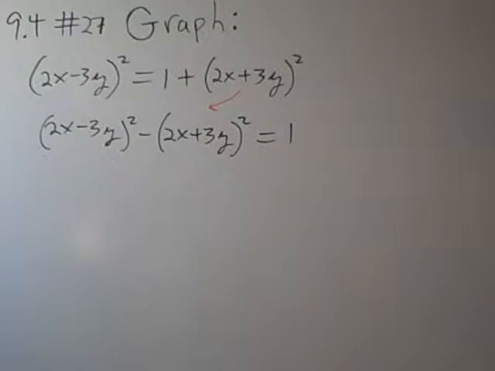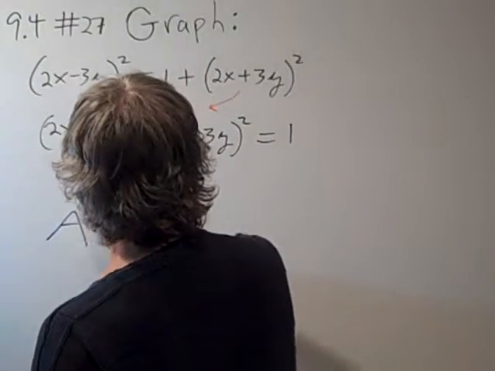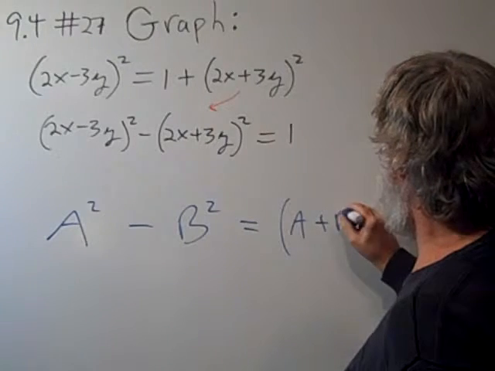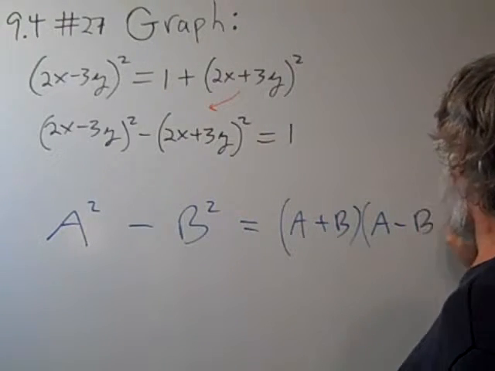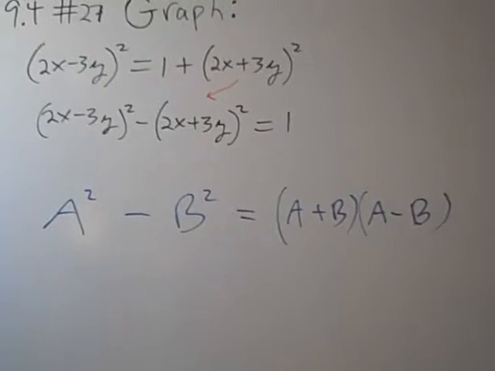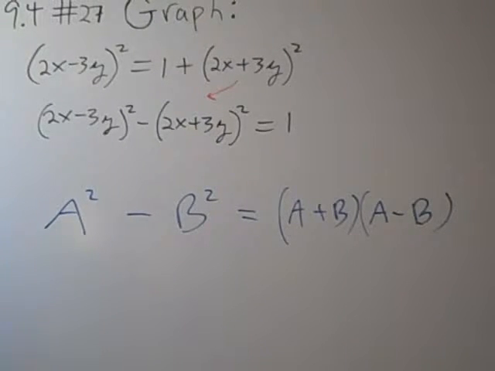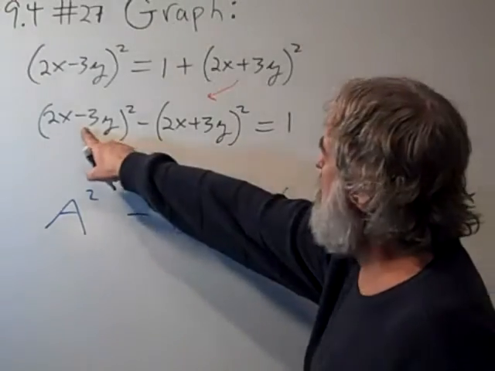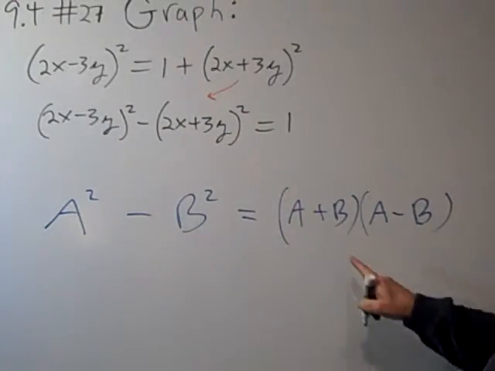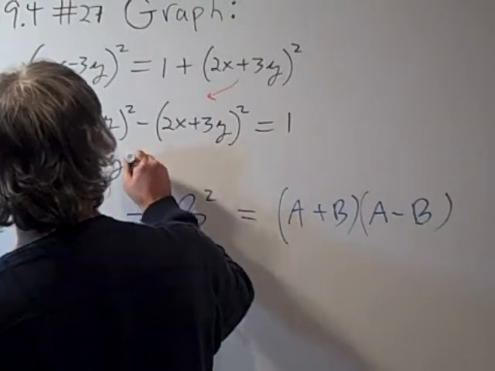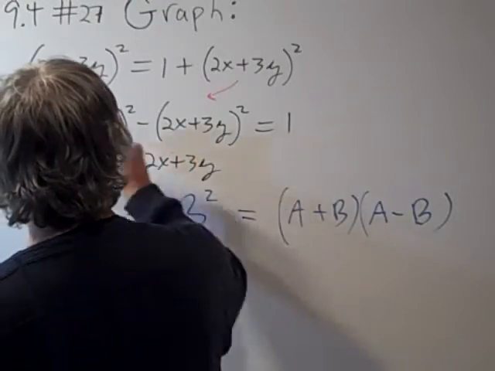Now, what I'm going to use next is this principle that a squared minus b squared factors as (a plus b) times (a minus b). And we can apply that to this difference of squares. And so, here's a squared minus b squared. That's (a plus b) times (a minus b), so it's (2x minus 3y plus 2x plus 3y)